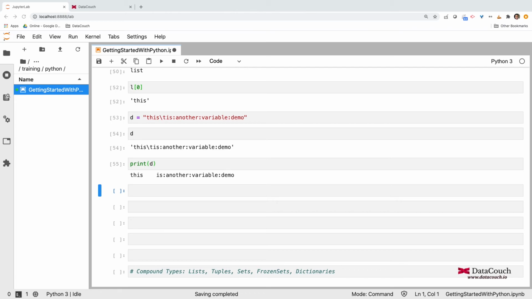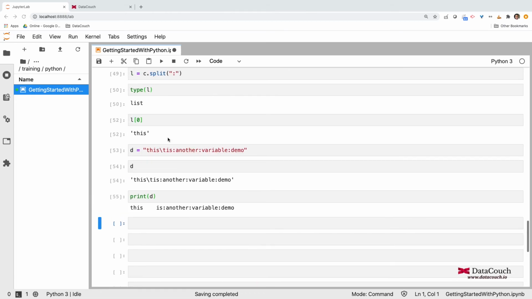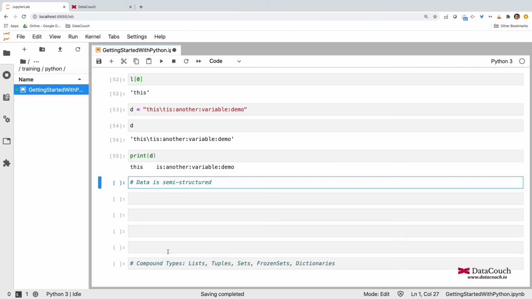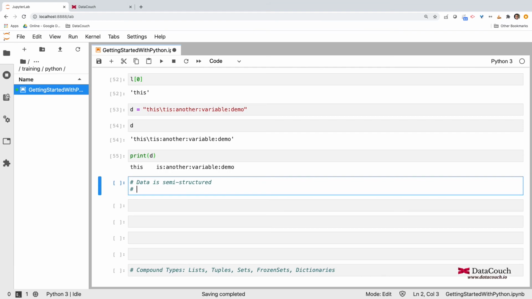Yeah, so now we saw some structured data. Even though I was saying string is unstructured, we are able to find some structure very easily by using the colon. But let's say we have data that is semi-structured. This is a common production problem. These days you will find it even in CSV files. Let's say we have a CSV file.